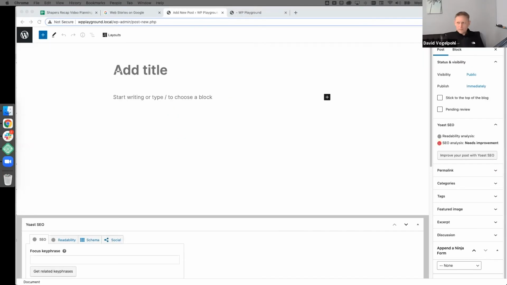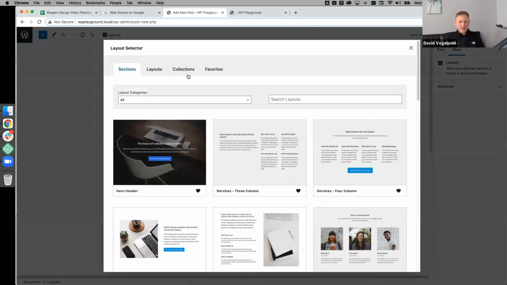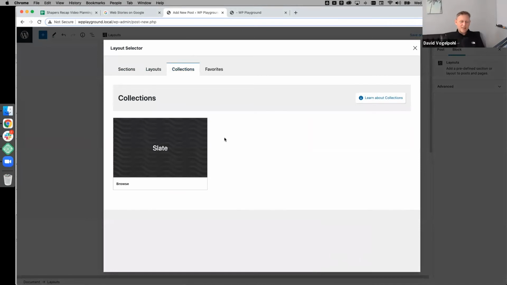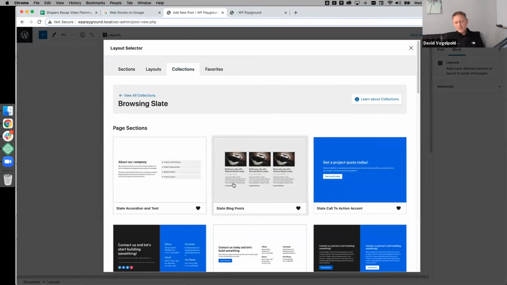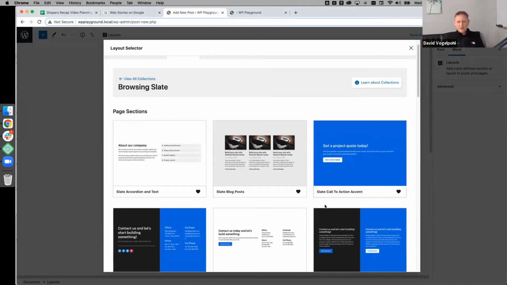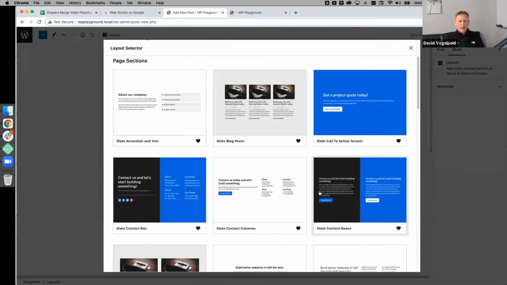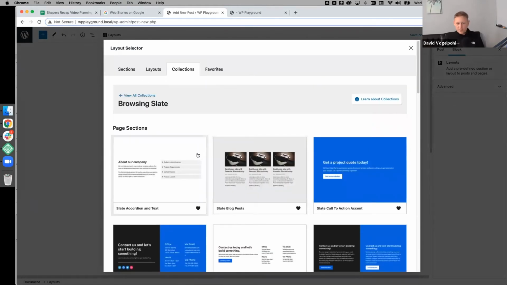So as a refresher, and if you're unaware, in Genesis Blocks, there's a notion of something called collections. The way I like to think about it is it's theme demo content that's chopped up and instantly available to use. You can see the blocks, sections, and layouts all follow the same design pattern. And developers can actually create their own versions of these collections to, if you will, invoke in the Genesis Blocks context.